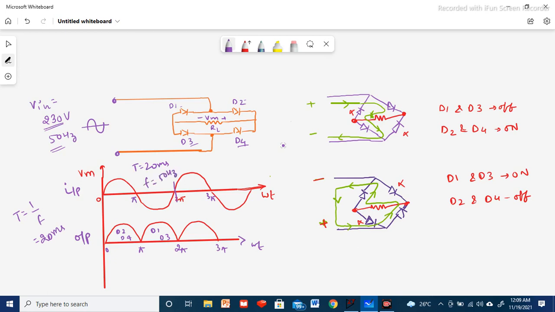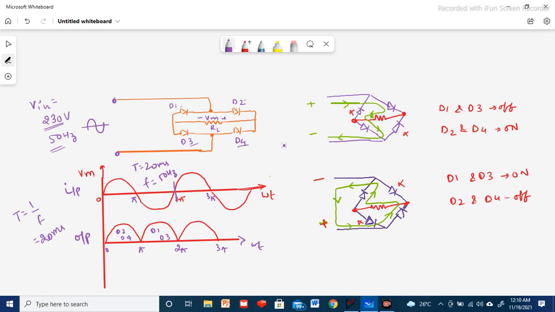As we have four diodes, in one half cycle two diodes will conduct and in the other half cycle the remaining two diodes will conduct. So let's see what happens when we apply this input signal.